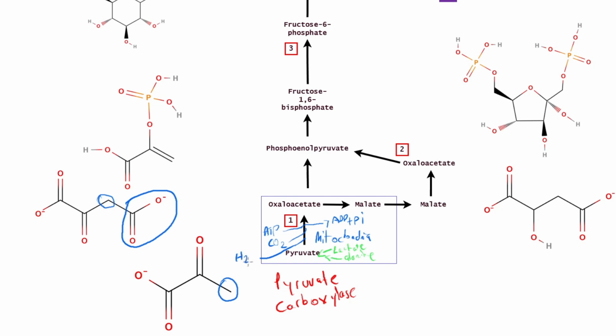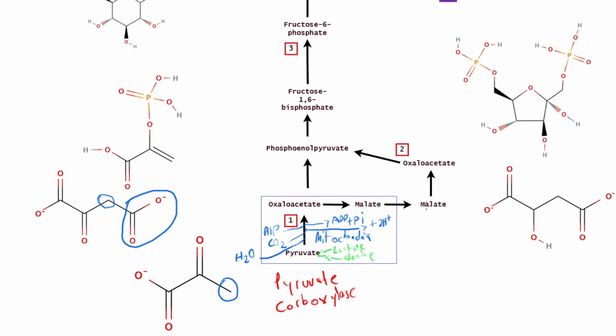I'm just going to write it here because there's no space. So we're using water, and we also get out of it 2 hydrogen ions. We're not going to get into that, but from this we get oxaloacetate. And now oxaloacetate should technically go on to become phosphoenolpyruvate, but the thing is, phosphoenolpyruvate should be in the cytoplasm because the reaction takes place in the cytoplasm. However, oxaloacetate cannot cross the mitochondrial membrane. However, malate can. So oxaloacetate converts into malate so that malate can go out, and then this